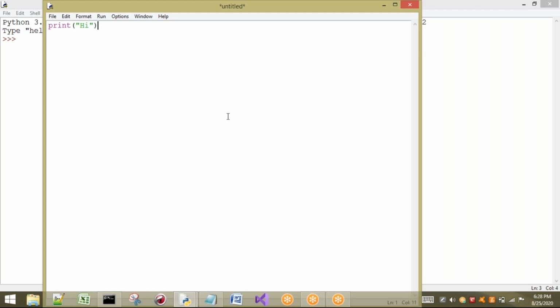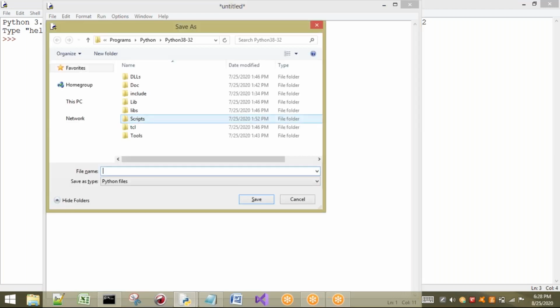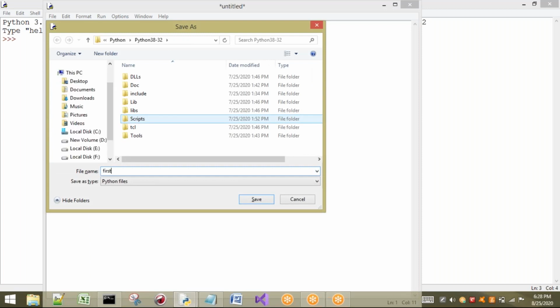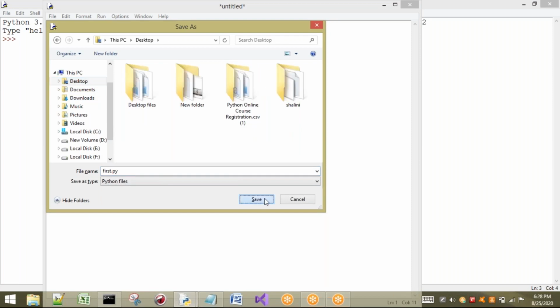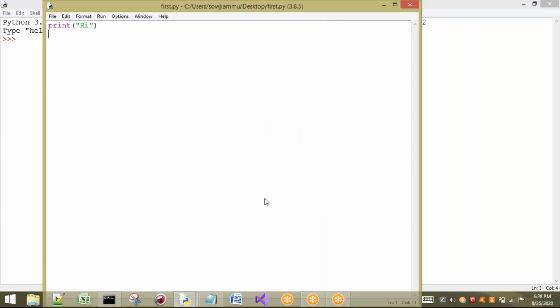First I will save this as first.py. The extension should be .py. My program is saved on the desktop.